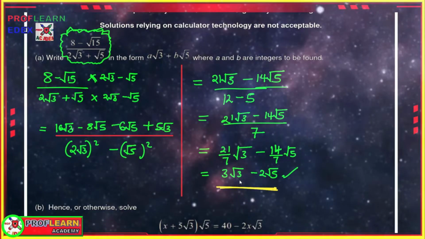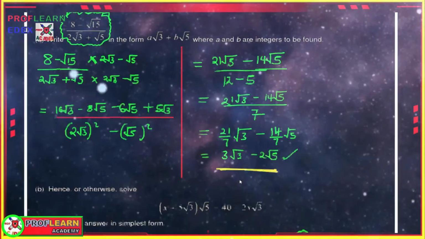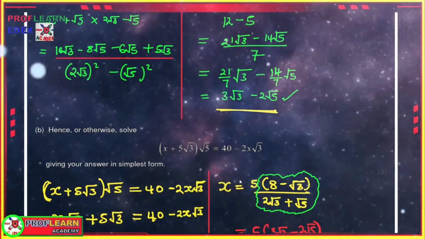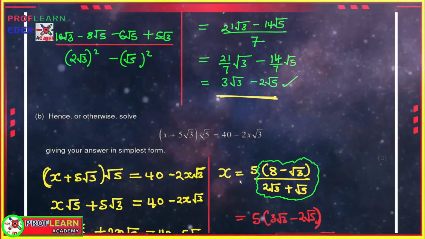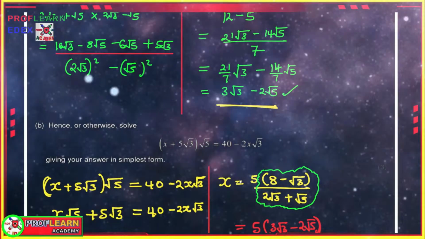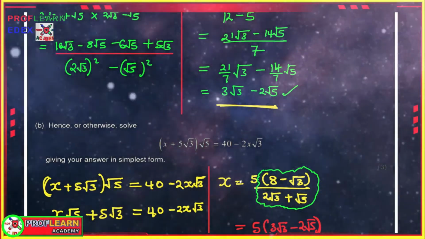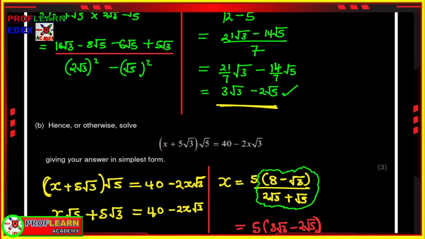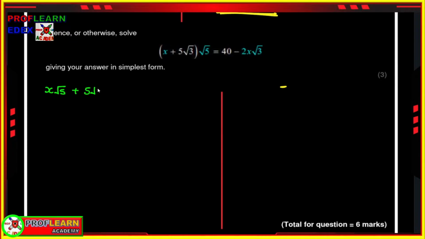So as you are preparing for your exams, remember to prepare on how to answer questions to do with surds. We are told "hence or otherwise". Hence or otherwise questions mean whatever you got from the previous section is going to be very helpful for you to work out the second part, x root 5 plus 5 root 15, right? Because you have the surds, those with the surds are going to be multiplied, so you multiply 3 and 5, and then this is going to be equal to